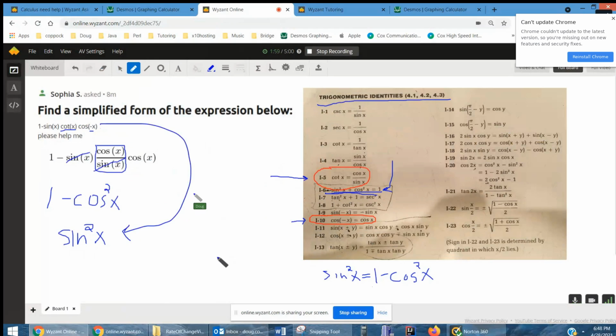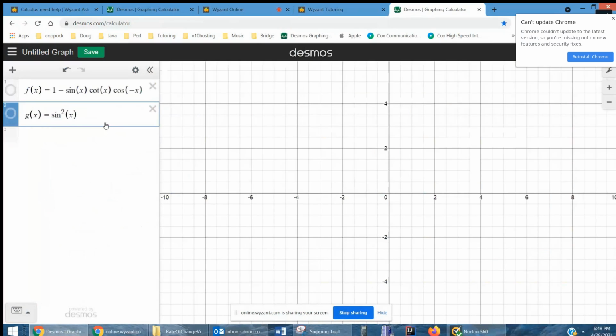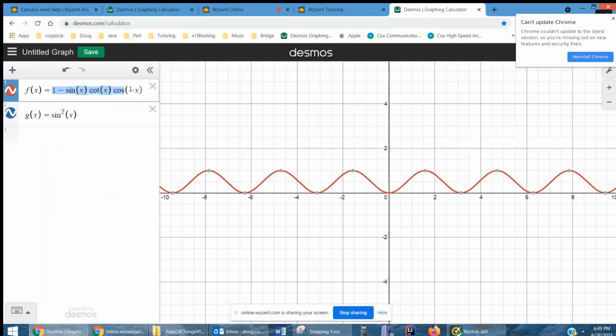And to show you that those are indeed equivalent, let's go to Desmos, where I've graphed both functions. If I highlight or enable this function, there's the curve. And if I highlight g of x is equal to sine squared of x, I get the same exact picture. So these two expressions are identities. They will always give you the same value,